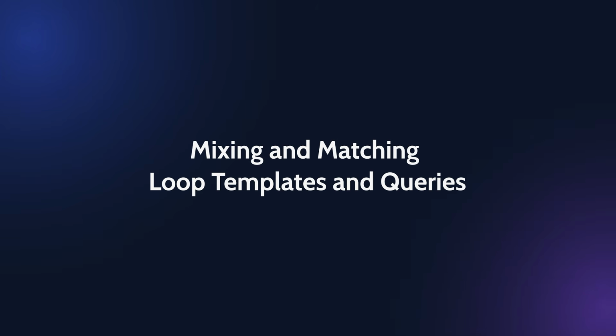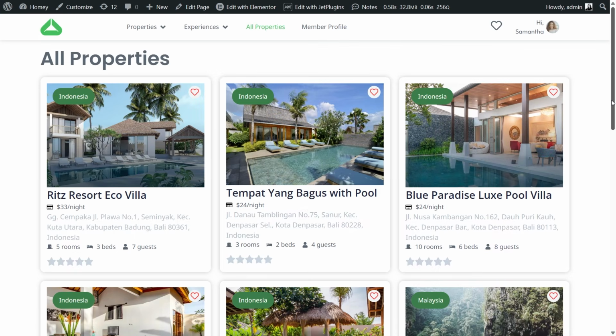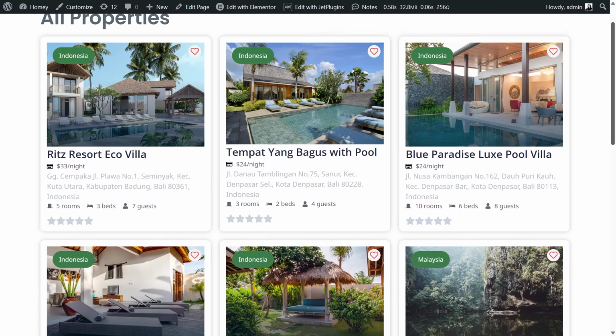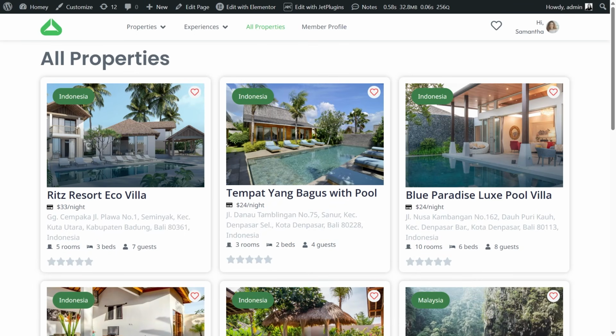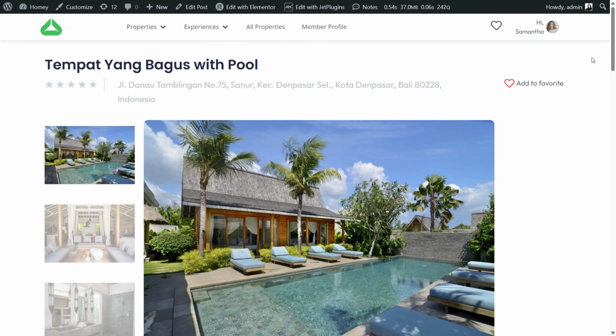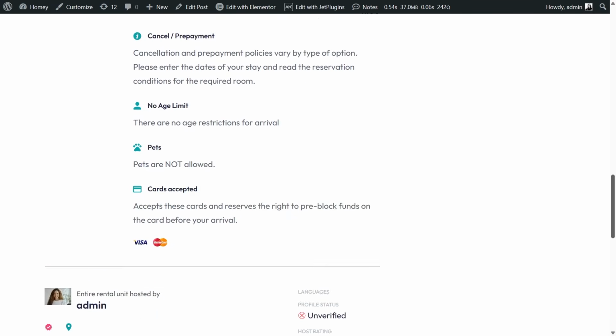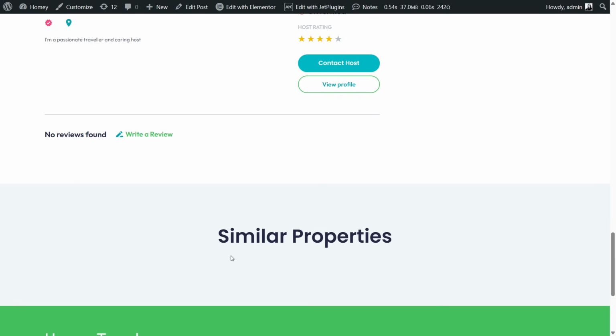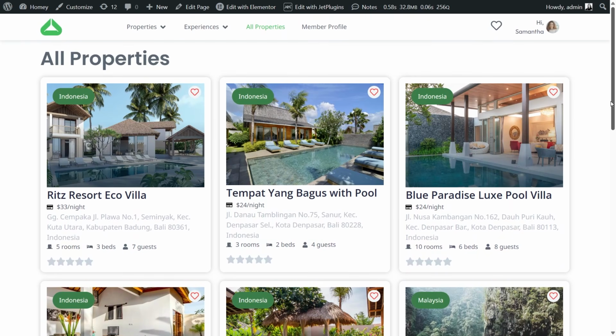Now let's pause for a moment to discuss mixing and matching various loop or listing templates and queries. So this is my all properties page and I want to reuse this loop template, but for showing the related items in the single property template. So the existing loop item design works well for me, but I definitely need different query conditions, those which